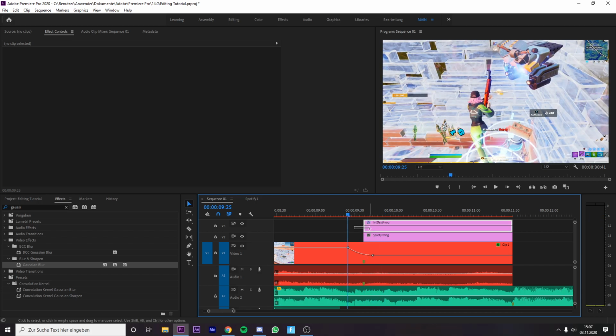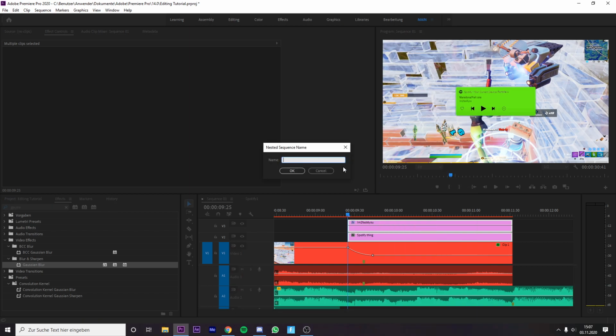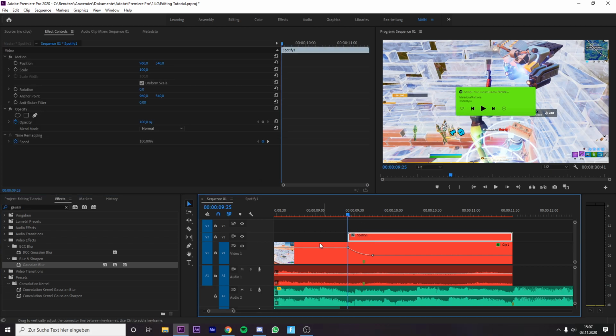Then select your text and your Spotify template. Drag this to this point right here. Then select them again and click on Nest and maybe Spotify 1, and then click on OK. And then